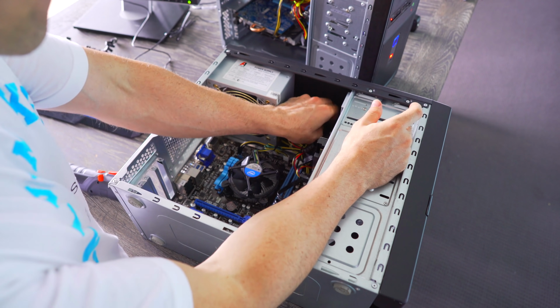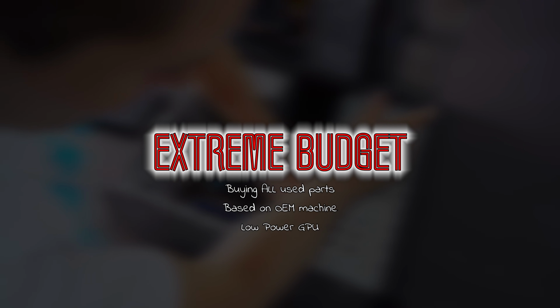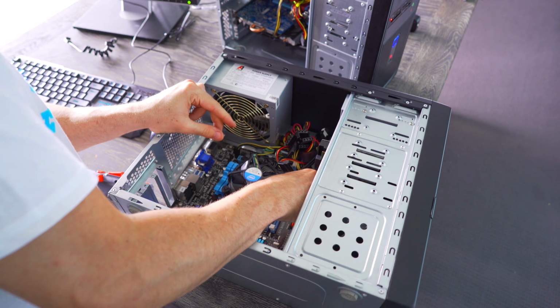And here we are, guys. We built 3 different PCs at 3 different price ranges, but my thoughts behind it were if you're on a budget, you'd probably want to get the most price performance possible. And that's where we looked at an OEM plus a graphics card that we can just slot in there and we'd have happy days. The mid-range, we can step it up to like an RX 570, be a bit more